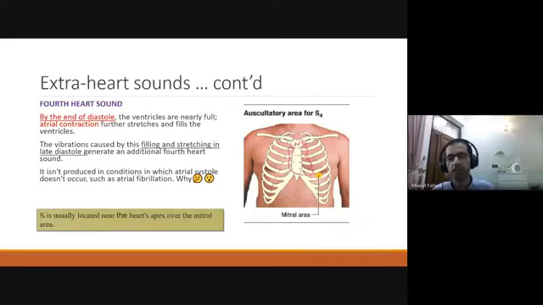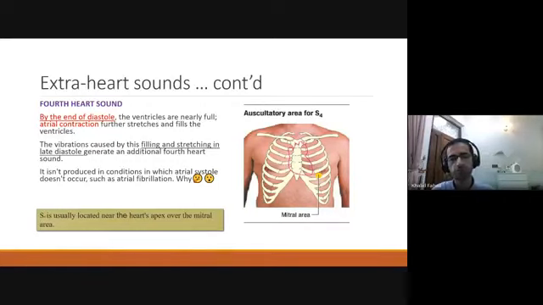So if you hear an extra heart sound in a patient with MI, this is likely due to S4. And in a patient with heart failure, if you hear an S3, this is likely an extra heart sound after diastole. This is likely due to a third heart sound rather than a fourth heart sound. But here it needs very good listening skills and its relation, whether it is close to the S2 or